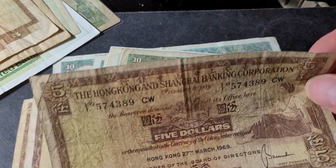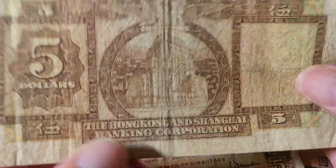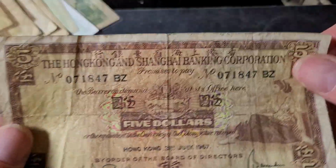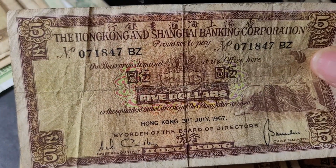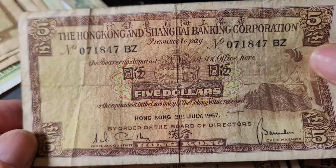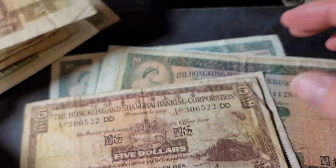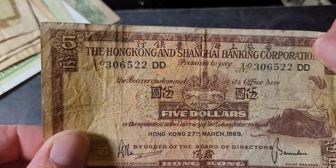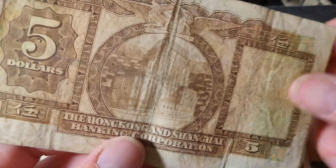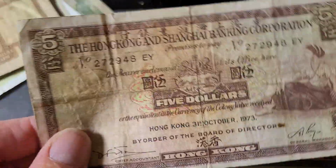Then we have 1969. Yeah, so this one's probably about $5 to $10. So I'll give a price range because no one seller has the exact same price. 67. Yeah, this seems to be quite a common issue, and probably the lowest valued of the 60s, so probably 5 to 10 for that. 69, yeah, same as the 67. This one's in lower grade though. 72, so 72 seem to be fairly common, and this one's probably only about $4 or $5. And 73,